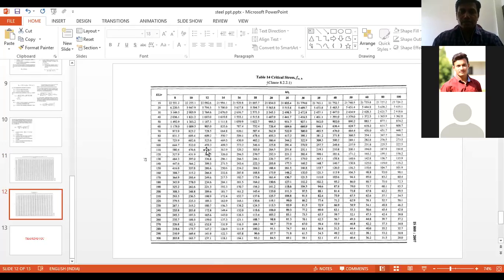KL upon r minimum is 167, so it will be between 150 and 160. Now here the H upon TF ratio is given, so it is coming 24.61. Again you have to interpolate. Now in this there are two interpolations, one is vertical and one is horizontal. After interpolation you can come with the value of